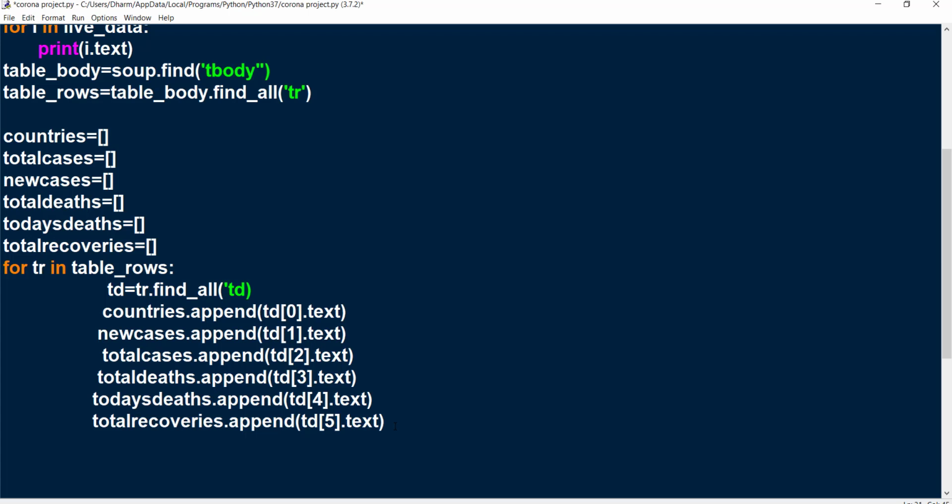Okay, next we need to create headers. We are only scrapping the table body, so we need to create the table headers so that we'll understand. So come out of the for loop. Headers is equal to, this also will be in list. Now just countries, we will give some meaningful name, countries,